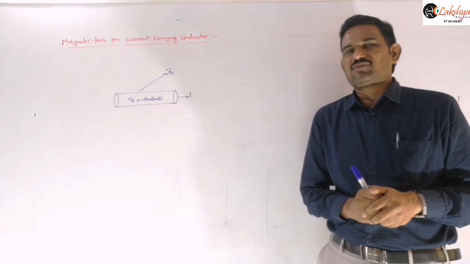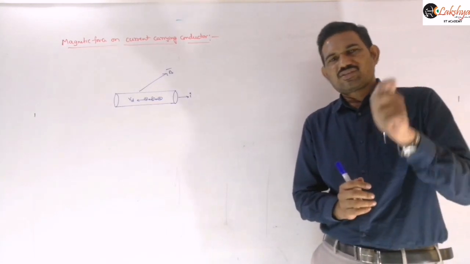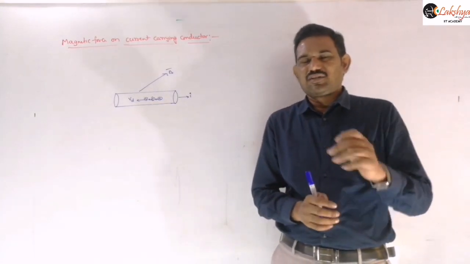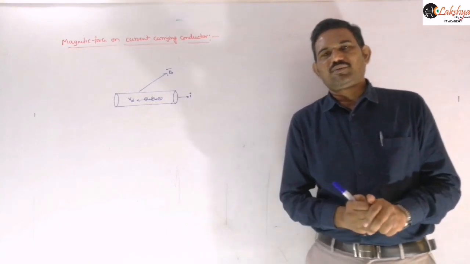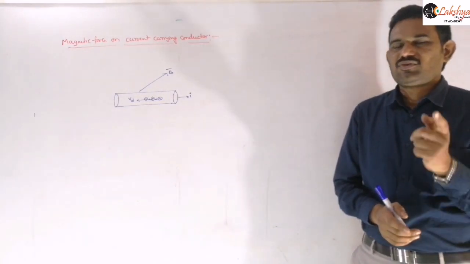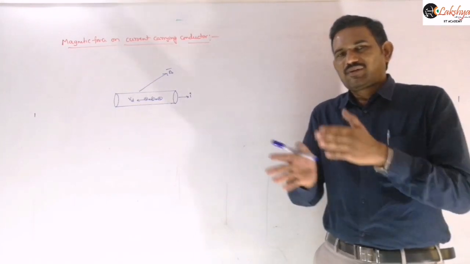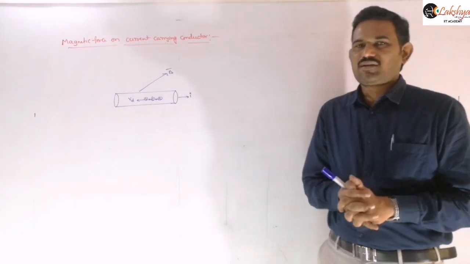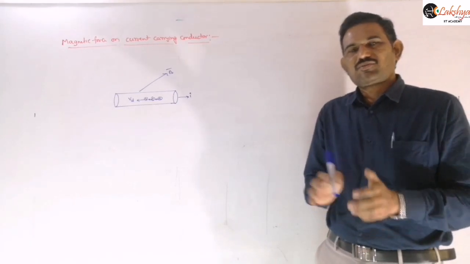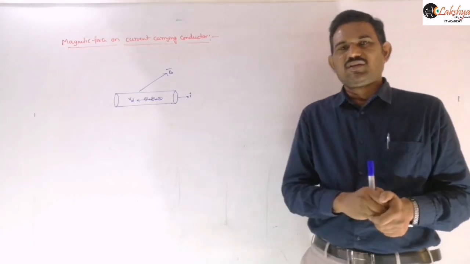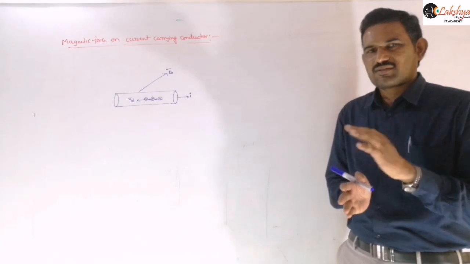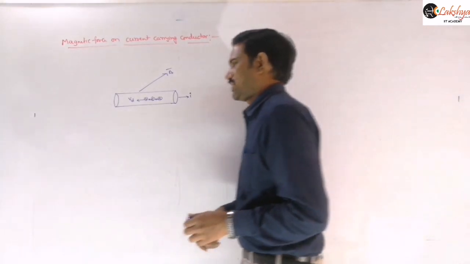In the case of a charged particle also, there are cases where even though the charged particle is moving through the magnetic field, there is no force. That case is when theta is equal to 0 degrees or 180 degrees. Then the particle is moving parallel or anti-parallel to the field, and no force acts on it. Similarly, such exceptions will be there here, and so force may act on that conductor.